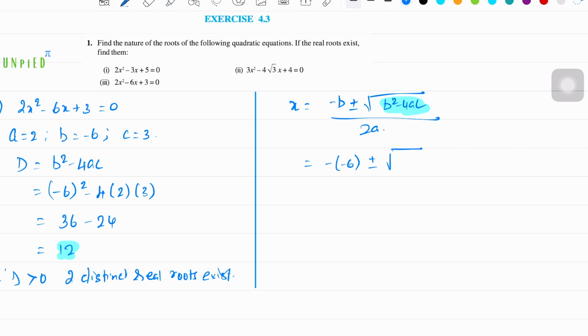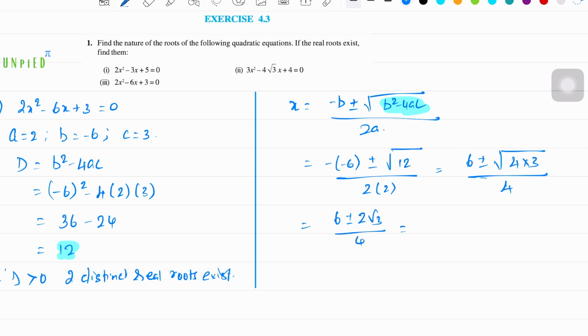So square root of 12 over 2 times 2. So this is equal to 6 plus or minus square root of 12, we can write it as 4 times 3, over 4. Now this is equal to 6 plus or minus 2 root 3 over 4,